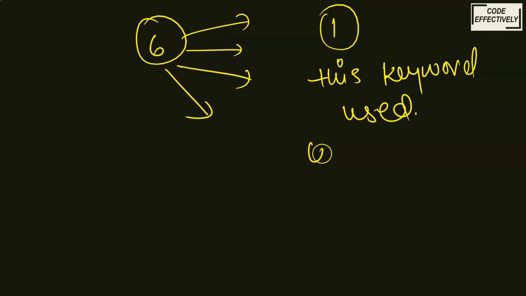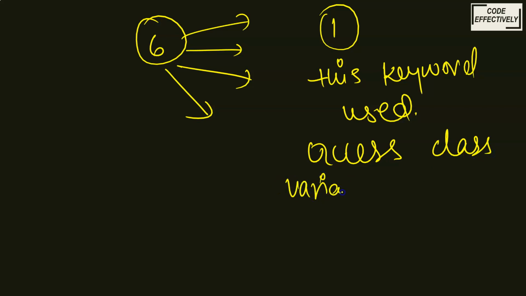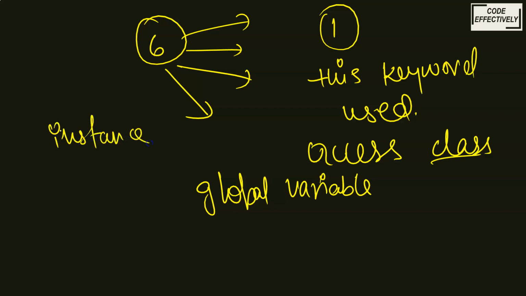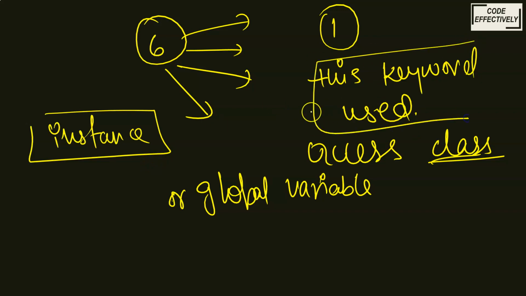It is used to access the current class variable. Because you are a beginner in Java, I would say class variable, or you can say global variables. In actual, these class variables are known as instance variables. But if you are a beginner, then you can say class variables or global variables. This means the same, but in technical terms, this keyword is used to access the instance of a class.